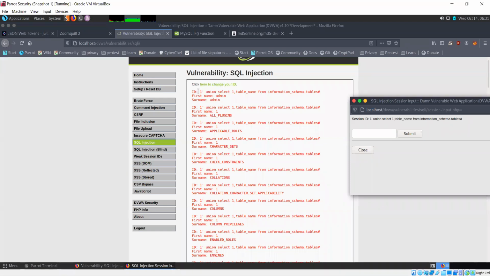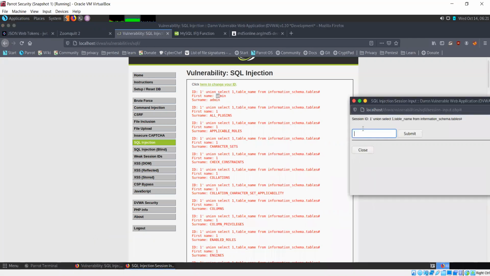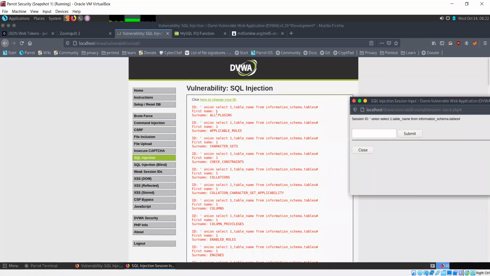So for the first entry we'll get this admin, which is the detail for the first user. I can copy this and try running it without the 1 at the beginning. So delete this. Now we don't get that first entry.